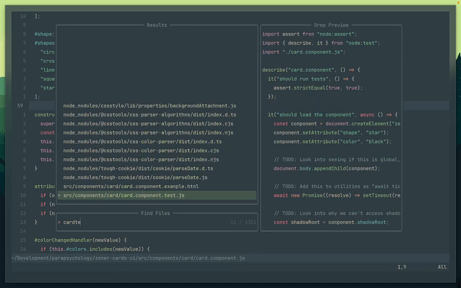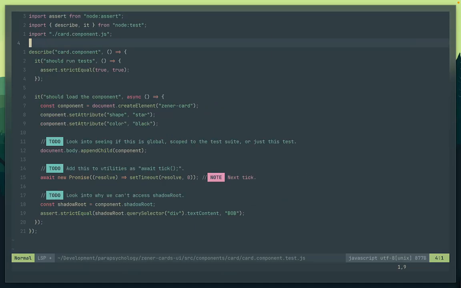And if we do our card test here, you can see it's a pretty simple test right now. Looking at this, you wouldn't think there's anything special set up here. It's pretty clean. You're not seeing things like Jest. You're not seeing JSDOM being loaded or anything like that. We just import the node test runner stuff, so we have assert, describe, and it, and then we have our code component,